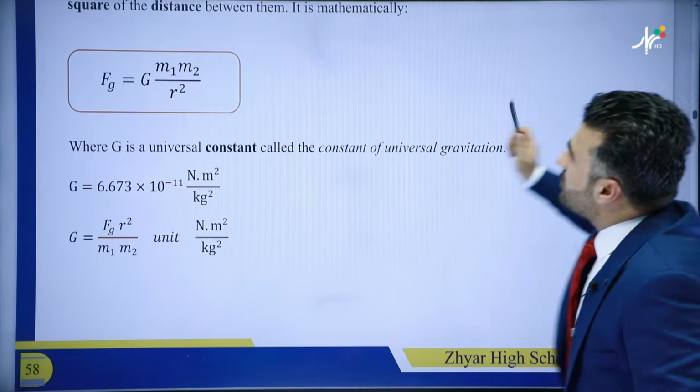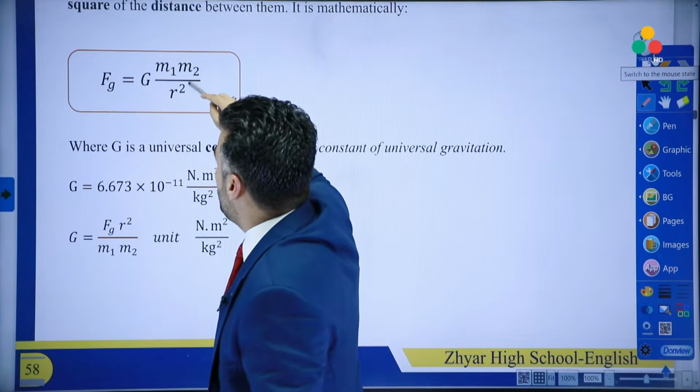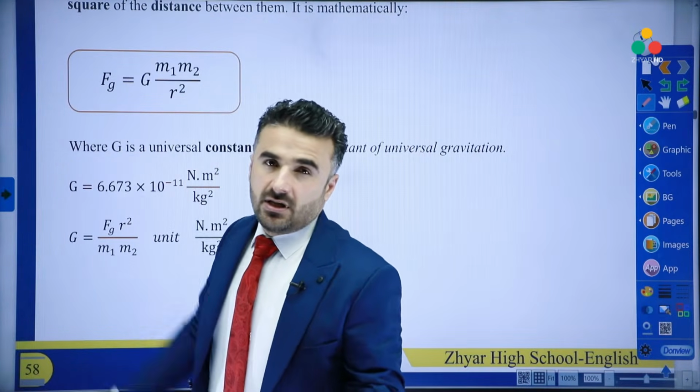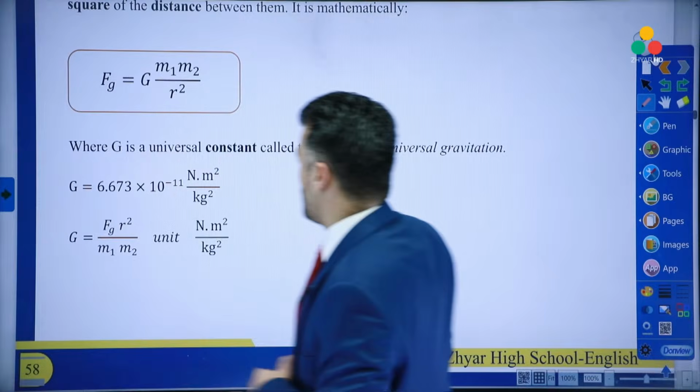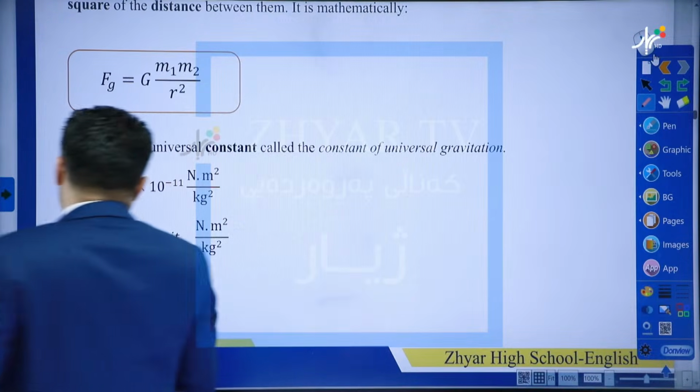Based on this, the bigger the masses, the bigger the force of gravity. But the bigger the distance between the two, the less the gravitational force between the two. And there is something very important you need to know, which is the